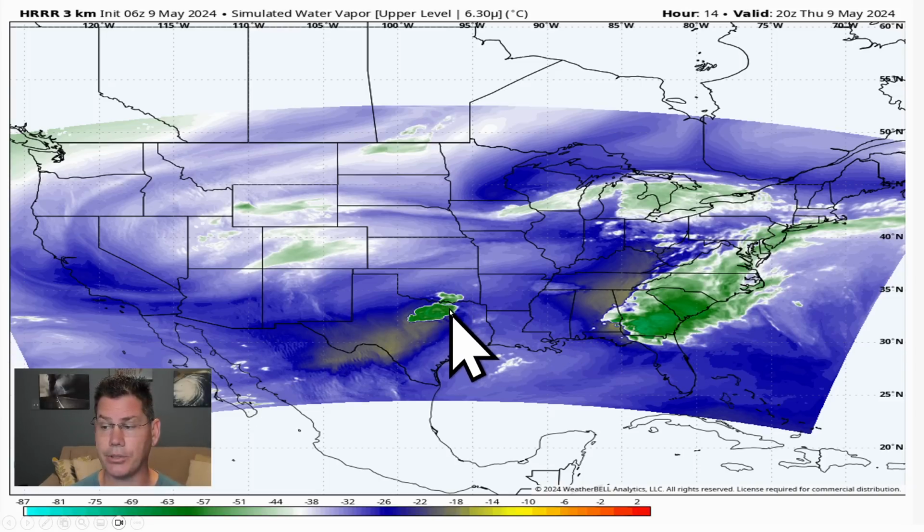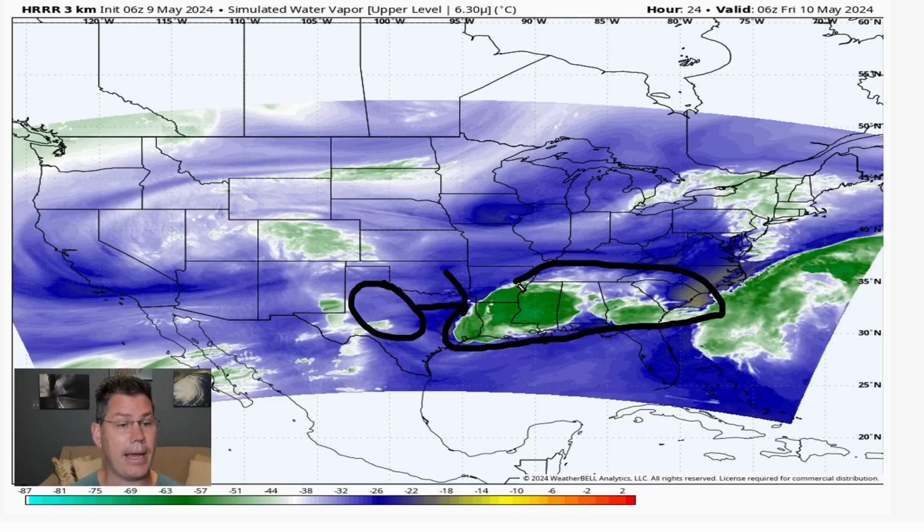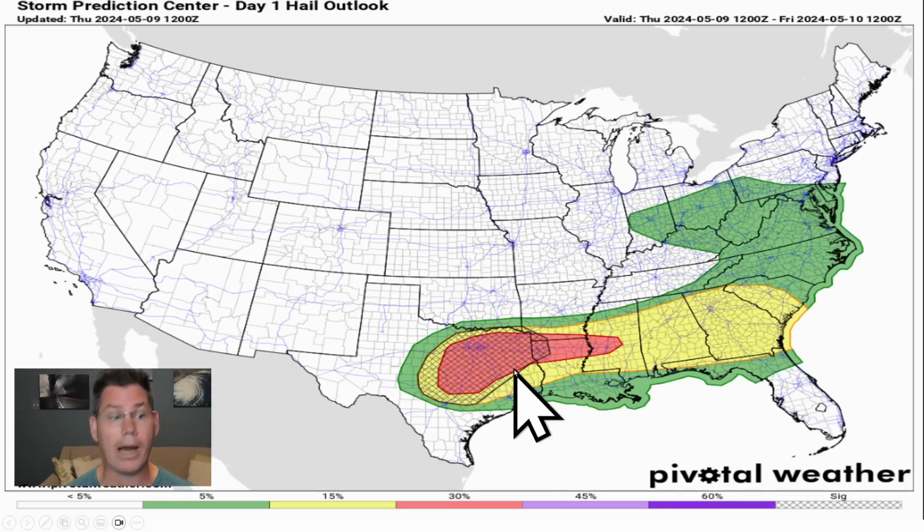But then all eyes kind of turn as this continues to move across the deep south in the overnight hours. So we're going to have that convective complex likely blow up across this region and then shift eastbound in the overnight hours. So we're going to have renewed convection lifting through Louisiana, back into Mississippi, into Alabama, back into Georgia. Those could also pose a larger hail threat with more significant heavy rainfall as we get into the early evening time frame, into the overnight hours, and it likely won't even get to Georgia until maybe 4 o'clock in the morning, with very heavy rain and some larger hail associated with that activity. So it's a very active time frame over the next 24 hours, and that's why the Storm Prediction Center